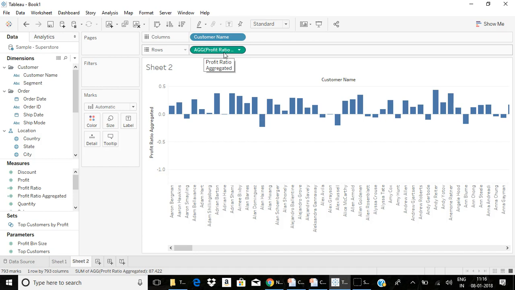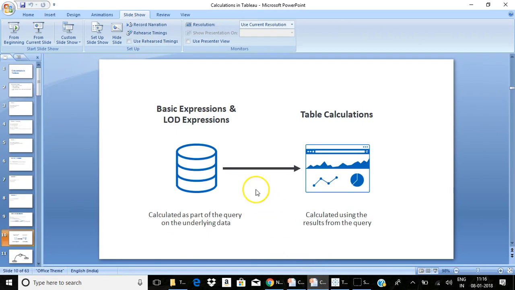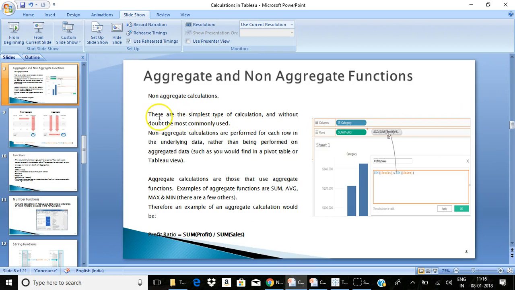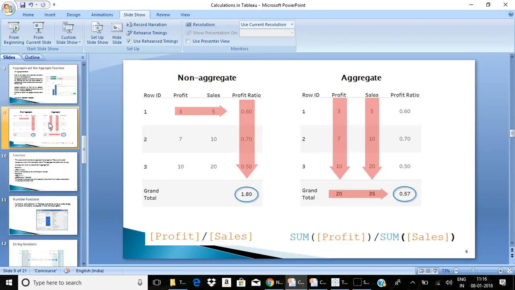So for any calculation you create, you should be very clear about aggregated and non-aggregated fields, whether you are going for an aggregation or a non-aggregation. You can easily understand how the aggregate and non-aggregate arguments are calculated by seeing this example.